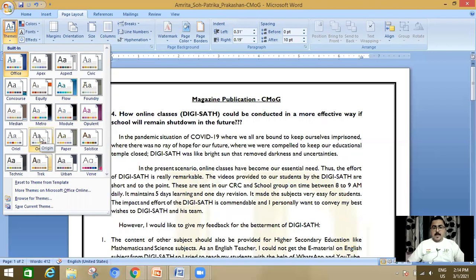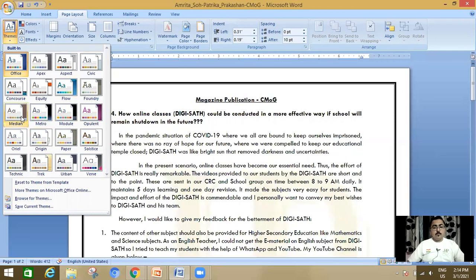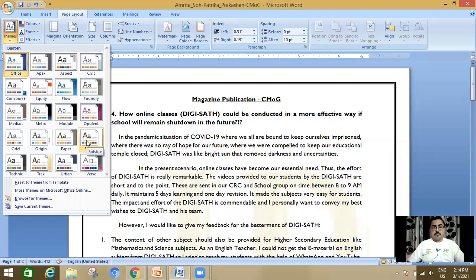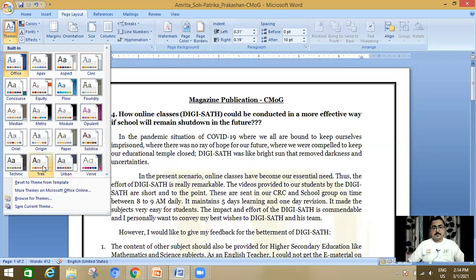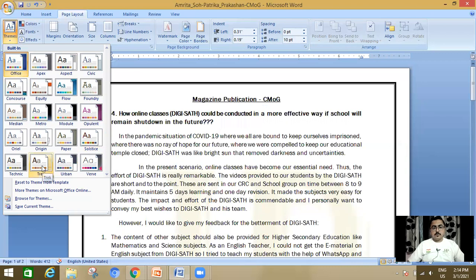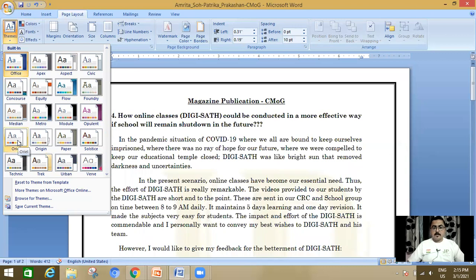As you can see, when I move the mouse pointer from one theme to another, the preview of the document gets changed. Okay, you can see this. So based on your requirement, you can change the theme of your whole document.